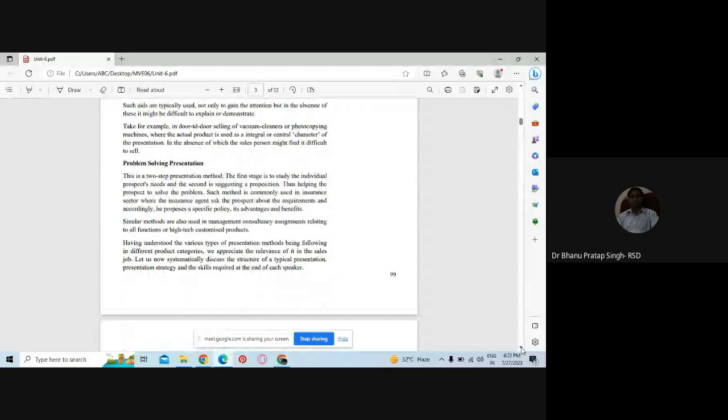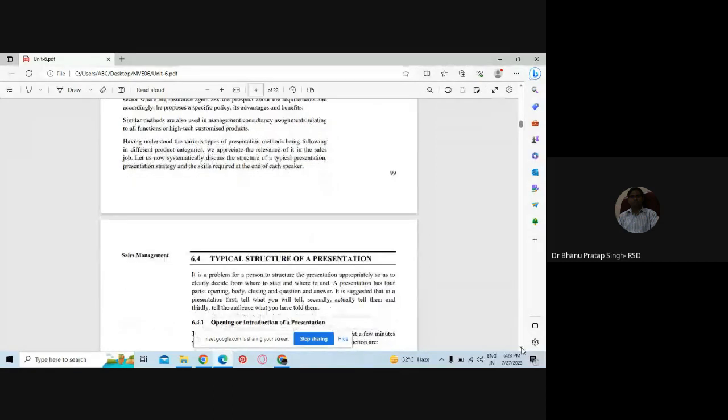In the insurance sector, when a person comes, first he would like to ask about your family, what the income is, and what the history of the family is. Is there any disease in the family, communicable disease or hereditary disease? Based on that, he suggests the policy which may be better for the person, because it is based on salary, history, and income. So this is the kind of problem solving presentation. This is the best example.